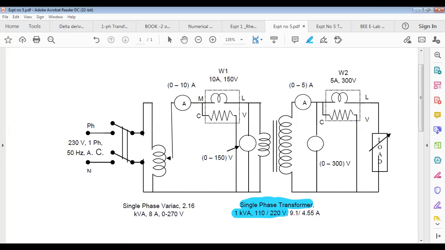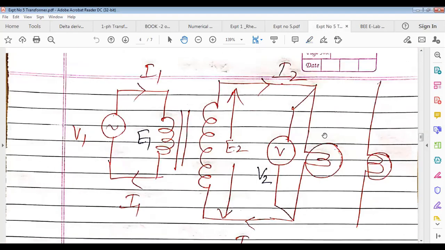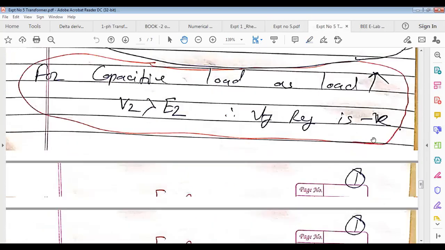So what is its advantage? This 1 kVA, that is the full load kVA rating, divided by 110 volt, you will get something like 9.09 ampere. I1 full load, how to calculate that, we have seen the formula, all of you know. kVA rating into 10 to the power 3 divided by V1 is I1. What does it mean? You can put load on the transformer so that the current in the primary should not be more than 9.09 ampere. See here, I have done the calculations to show you rather than just talking.